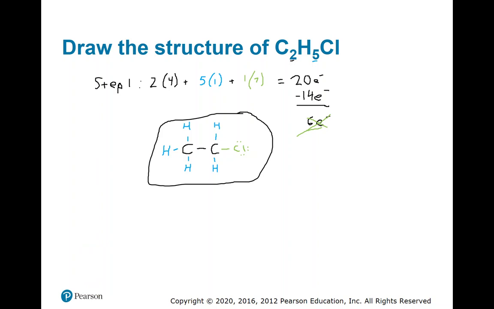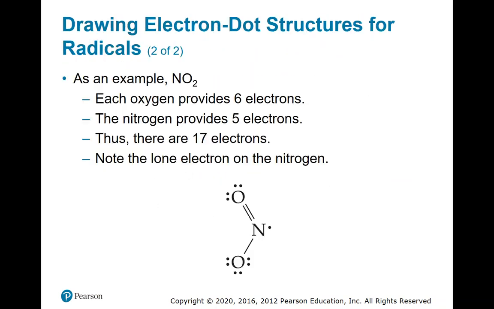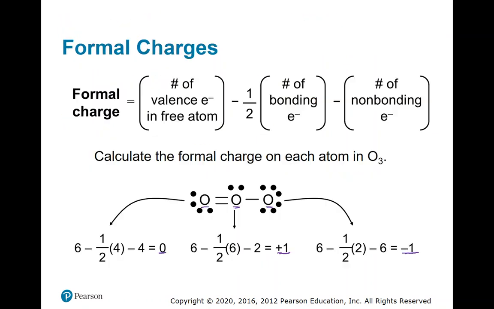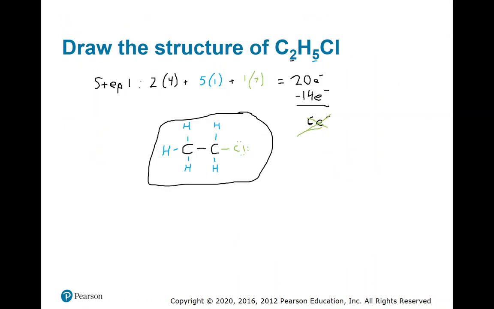C2H5Cl. Now, a word of clarification on where this chlorine went. You might be looking at the structure and wondering, if we compare this to ethane, let me scroll back a few slides to that, why did we replace this particular hydrogen in the structure with a chlorine? The answer is it doesn't matter which of the hydrogens you replace with a chlorine here, because they're all basically identical. That might seem a little strange at this point, but just know, for instance, that what you see here would be exactly the same as, say,